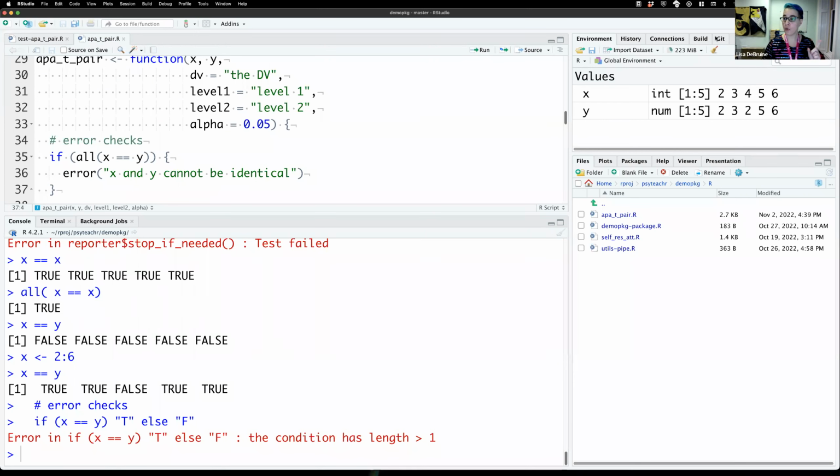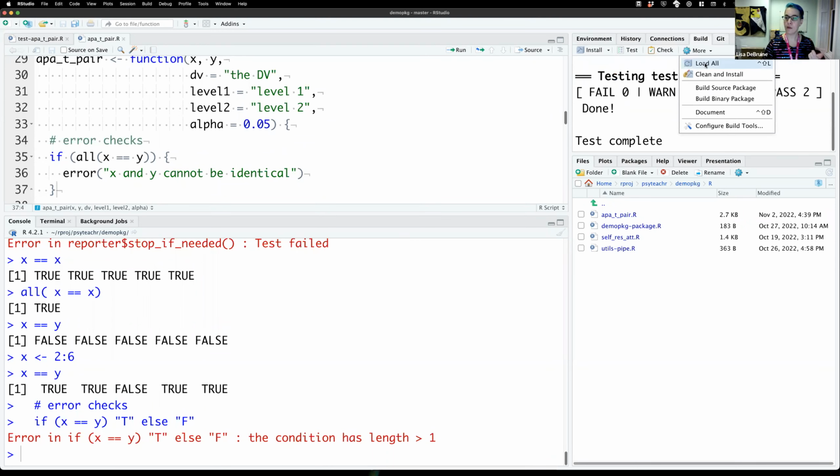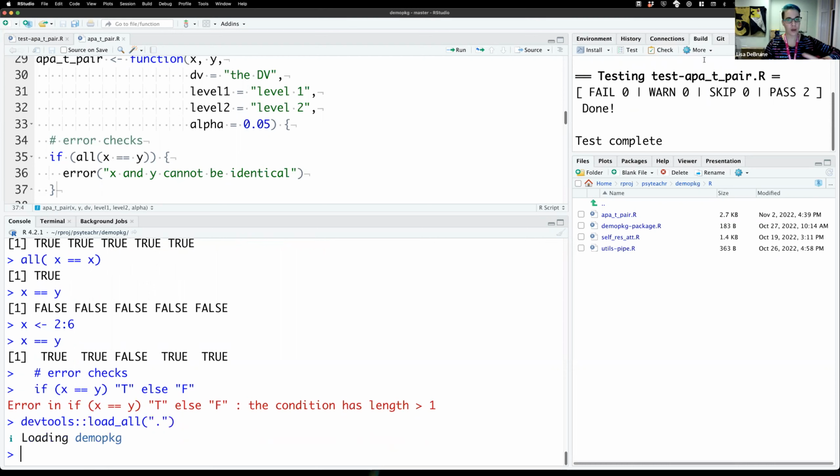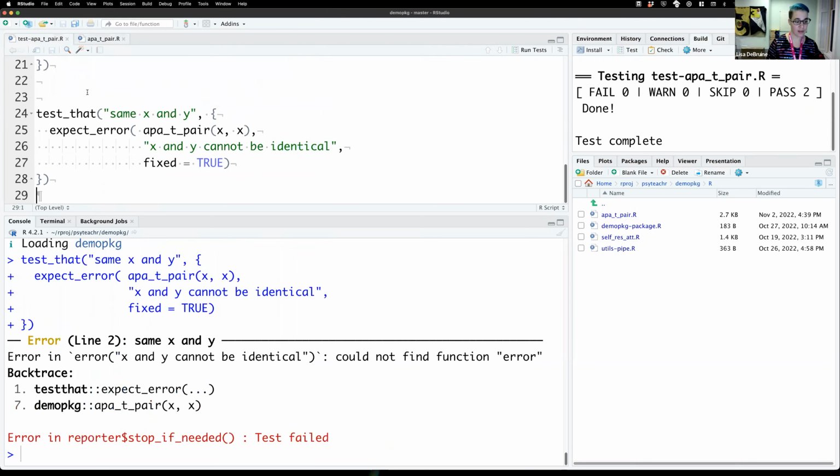And we want to reload, staying in the build. Reload. So we're going to reload our demo package. So APA t-pair now includes this new function. And hopefully, when we test it,